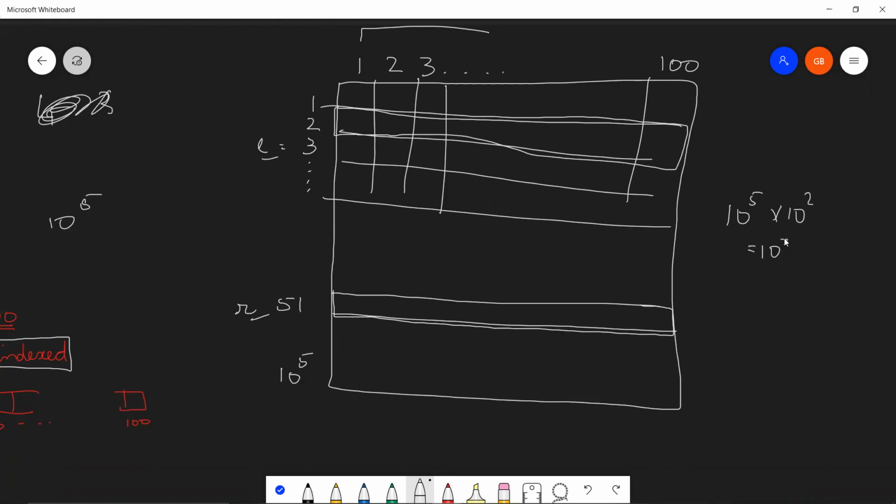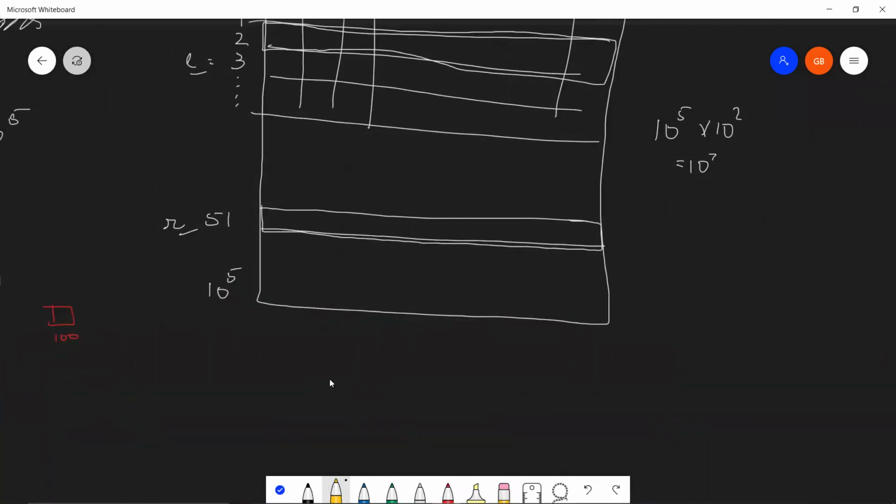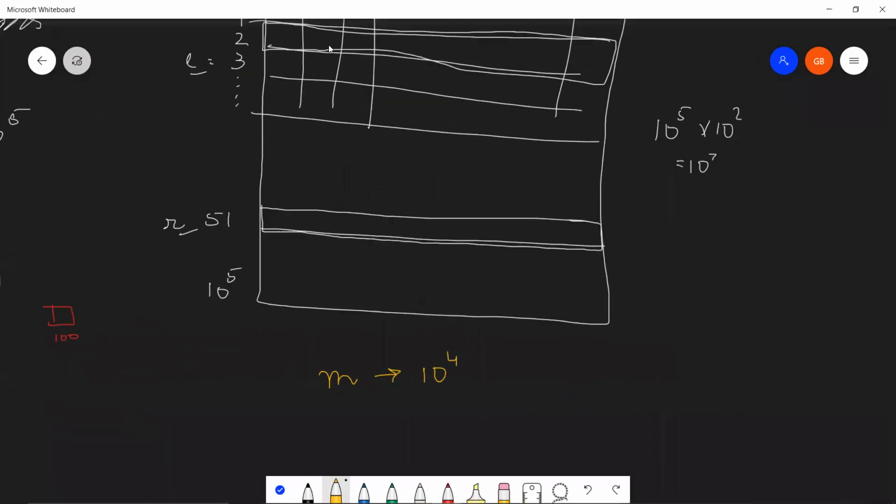This will work. And about the time complexity of this particular approach, I'm going to consider the situation where you have made this matrix, and now after this preprocessed matrix has been made, you basically have m queries that you need to perform, which is in the range of 2 into 10 to the power 4. Yeah. So it's in the range of 10 to the power 4.